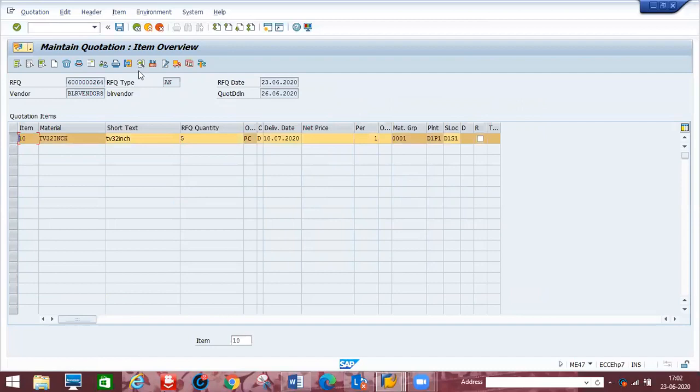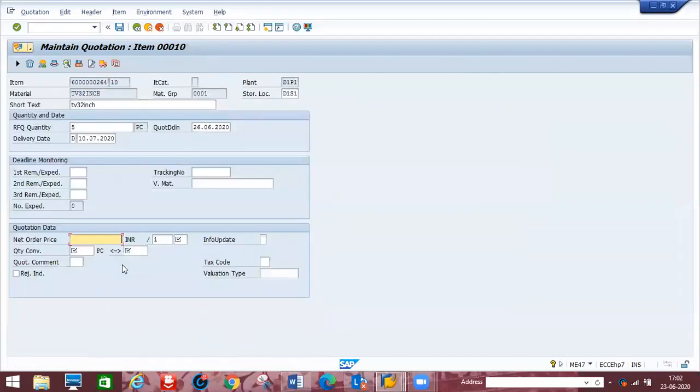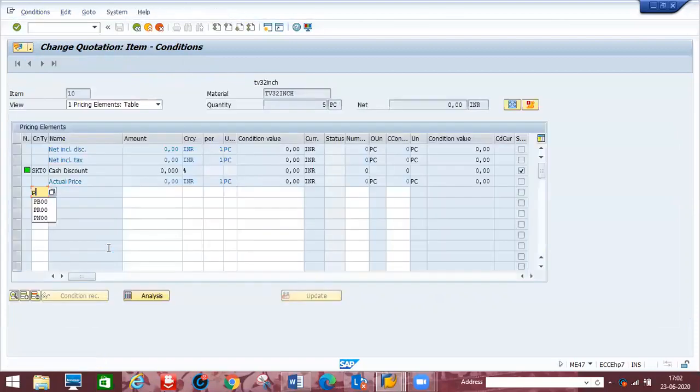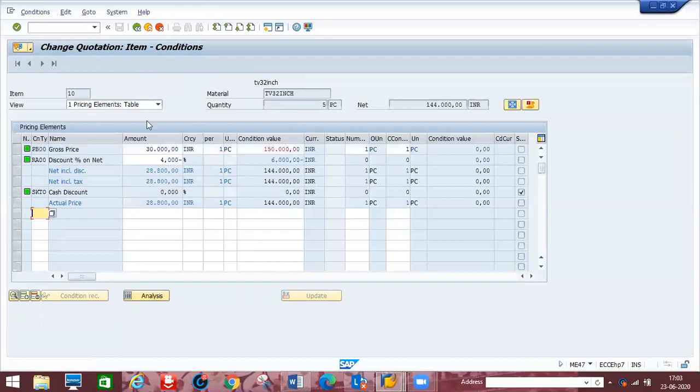Okay, select line item, go to item conditions. Actually, when you do practice time, maybe you're not getting this screen. Don't get confused. In case if you got this, enter prices. Okay, now this vendor is also giving 30,000 roughly. Okay, PB00 30,000, this vendor also. Okay, next to RA00 discount is giving 4% roughly. Okay, now I will go back,